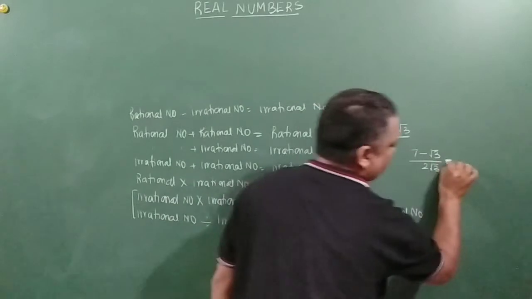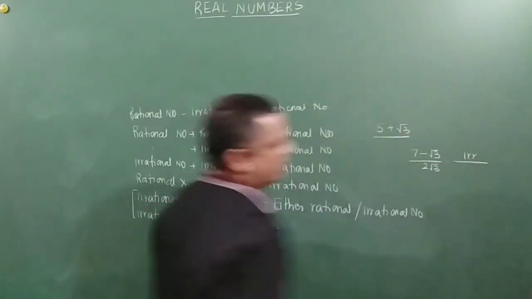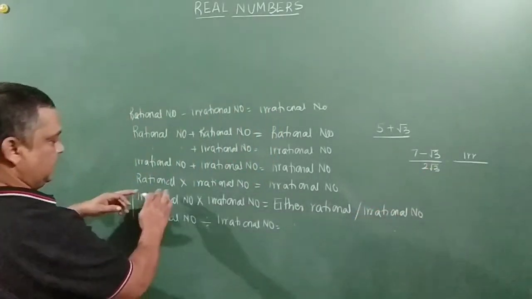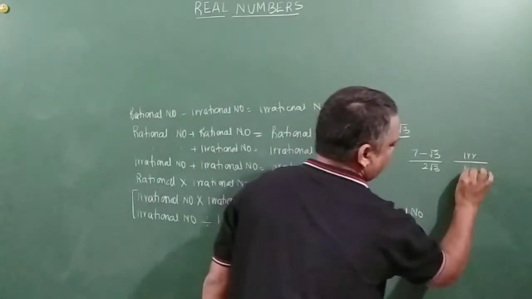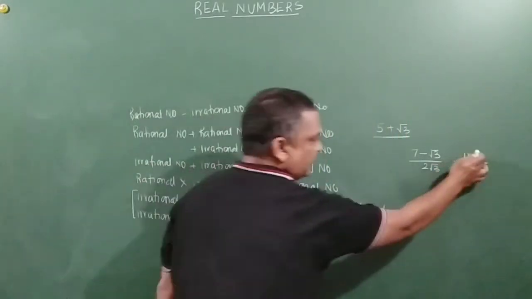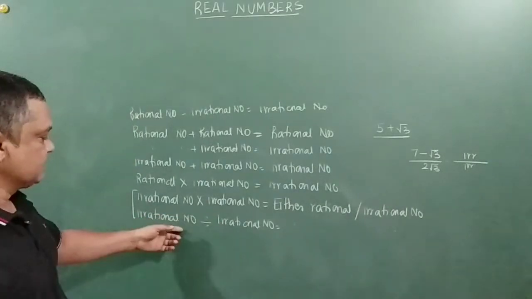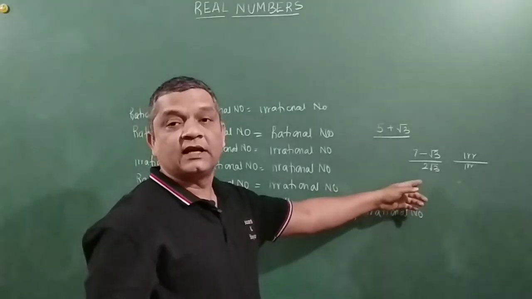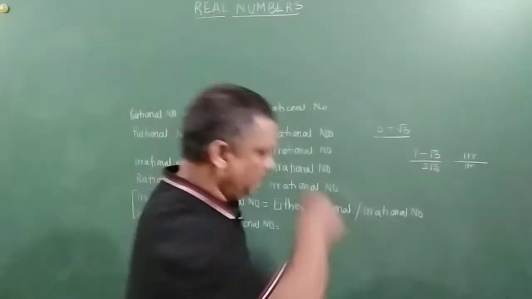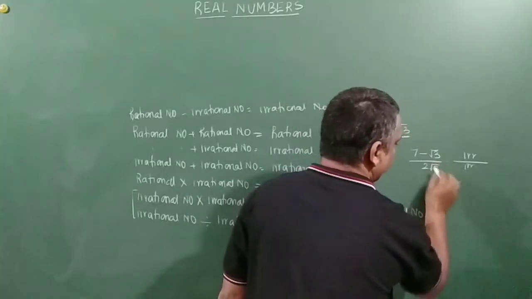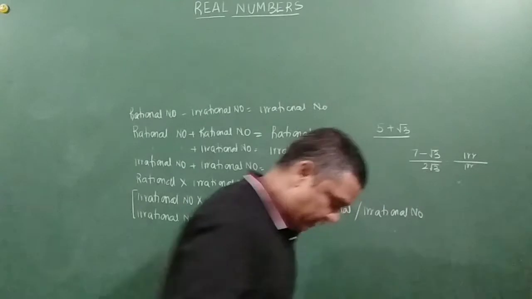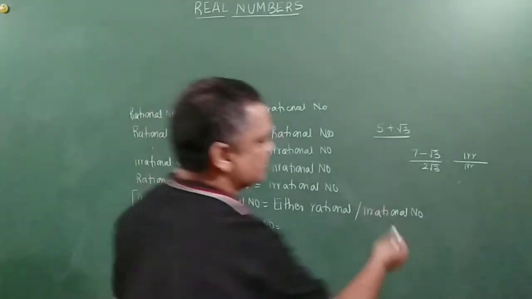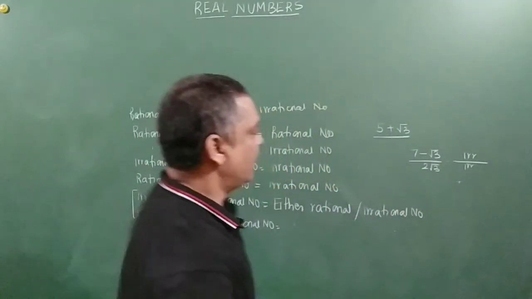Okay, so my top is an irrational number, right? And bottom is rational into irrational. Rational into irrational is an irrational number. Bottom is also irrational. Now, irrational divided by irrational number can be either rational or irrational. So what do we need to do? We need to multiply with 2 root 3, on numerator and denominator. We have to neutralize this fraction, right? Okay, and then we will find out.